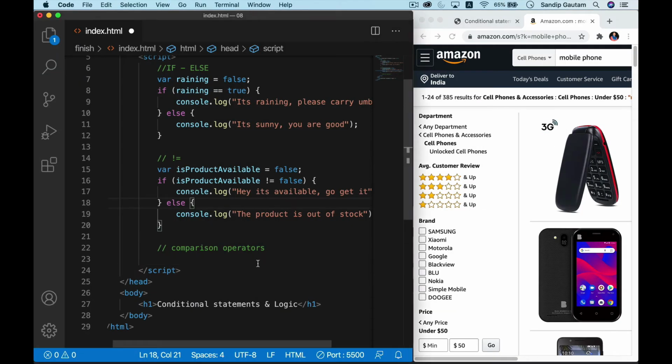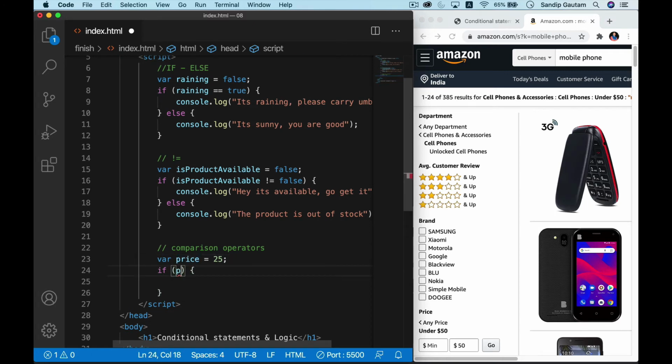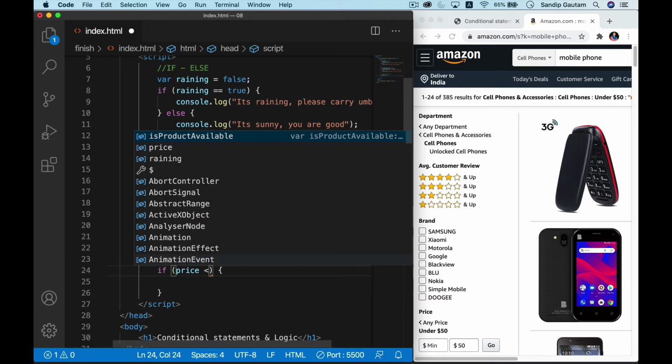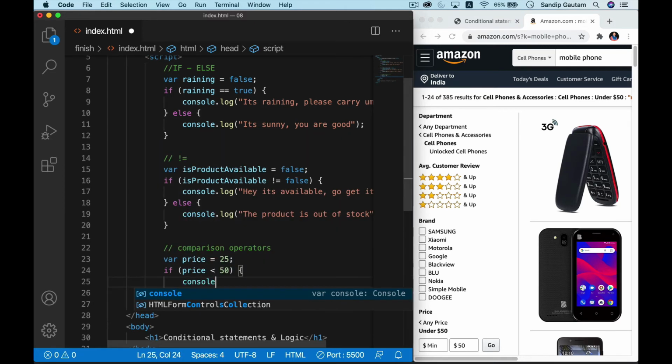So to do that, we have comparison operators. I'm going to create a variable, say price, and I'll start with 50, or maybe I'll have 25 as a value. Now I can check if price is less than, so we were checking for less than $50, right? So that's what I'm trying to create here. If price is less than 50, I'm going to log,